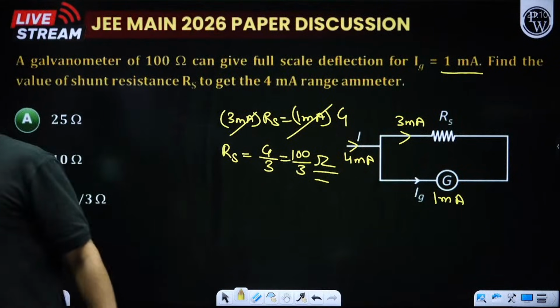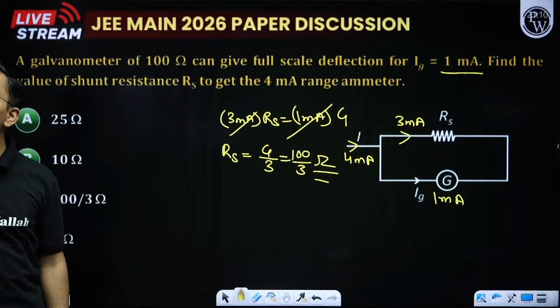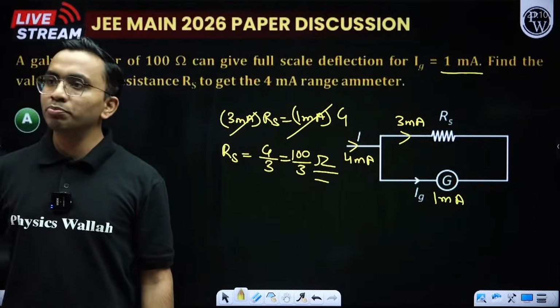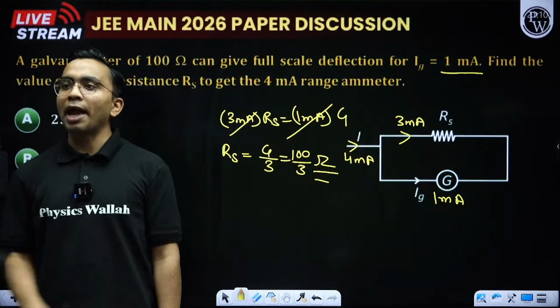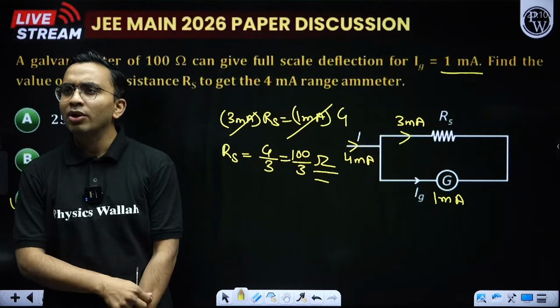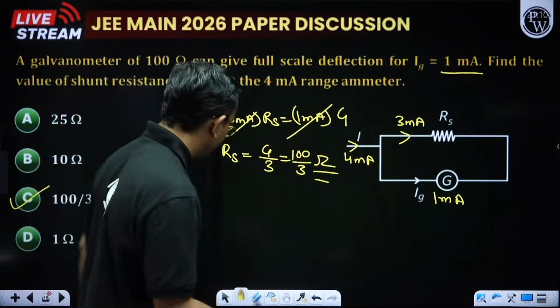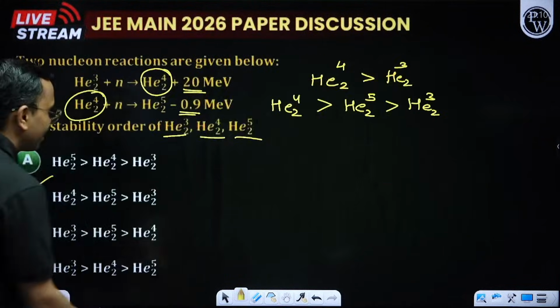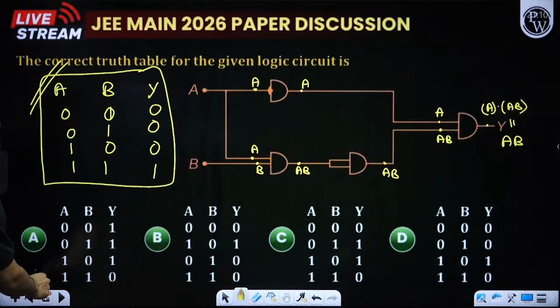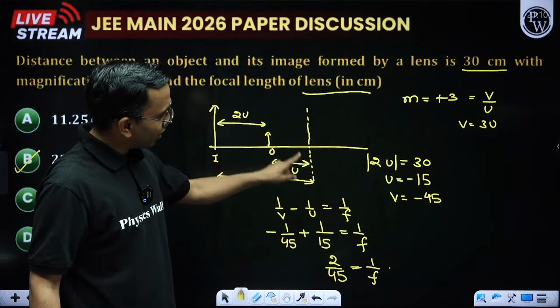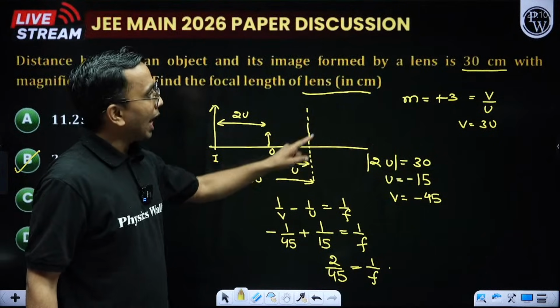Sir, physics question on the lens was wrong. It was a mirror question with the distance between the object and image being 40 centimeter and m being -3. Okay. Thank you for mentioning that. So one student corrected us. He is saying that, please note this down. He is saying that in this question, instead of lens, there was mirror and the magnification